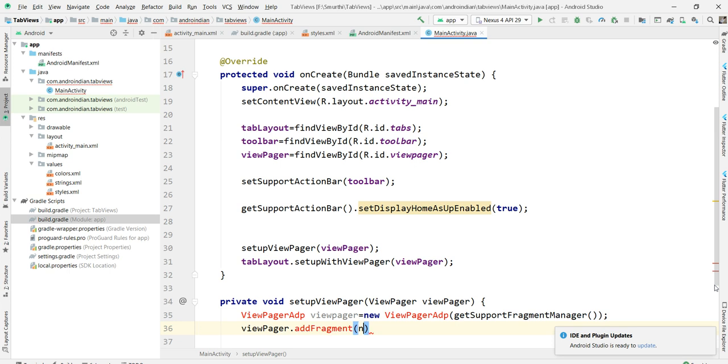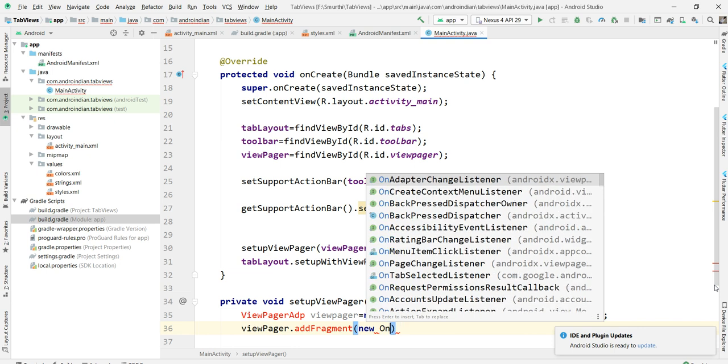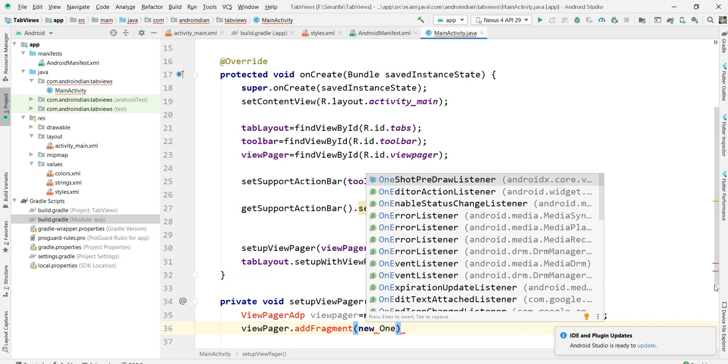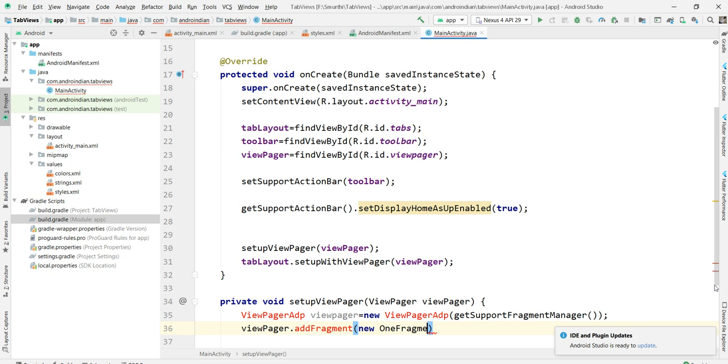We need to create as many fragments as the number of tabs we want. So I'm creating one fragment here. This is a fragment. After this, what is the title of the fragment? I'm creating the title of the fragment like this.